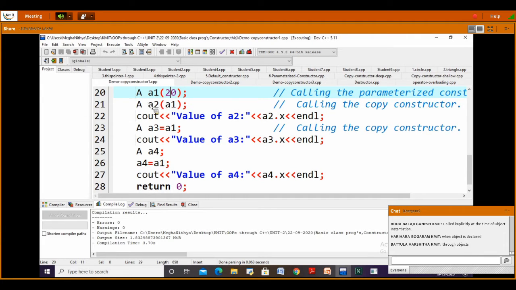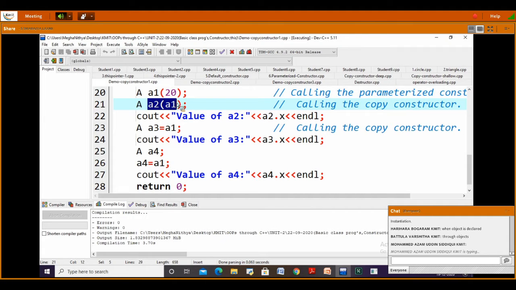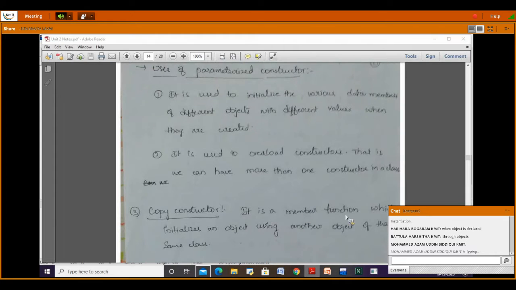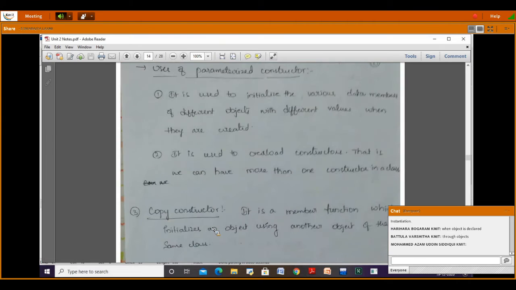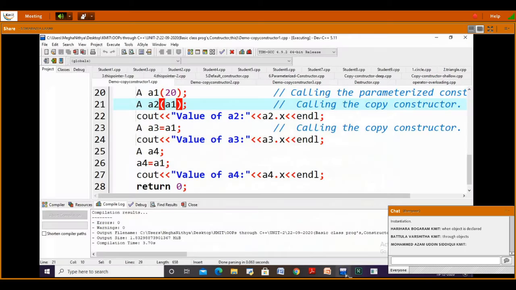Whenever you write object A2 of A1, it is again calling a copy constructor according to the definition, right? What was the definition we had here? It is a member function which initializes an object using another object of the same class. Yes or no? As we have created it by passing an object of the same class, it calls the copy constructor.